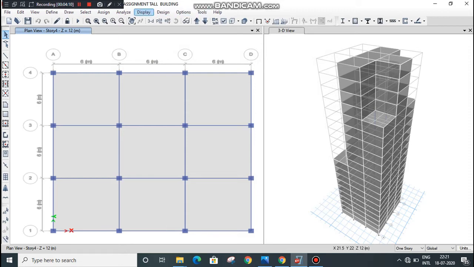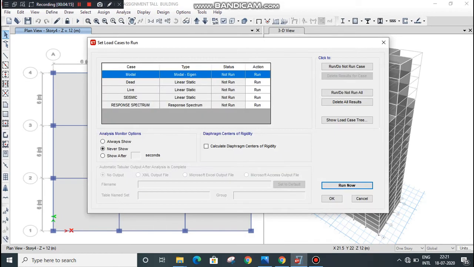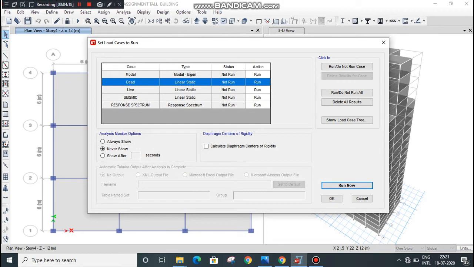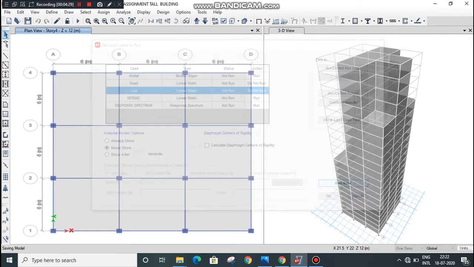Now we will analyze our building. Go to set load cases to run. Select dead and live load as do not run. Click on run now.